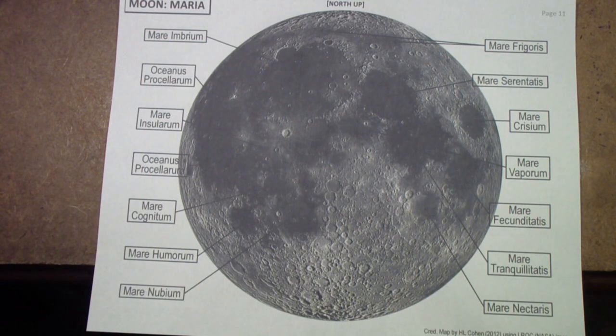Now understand, it doesn't filter out any particular frequencies. In fact, it tries to pass all light equally. It just reduces its intensity across the spectrum by, in the case of a 13% filter, 87%. So in other words, only 13% of the moon's light comes through. Why would you want that? Well, if you look at the moon directly in a modern large aperture telescope, like the Meade LX10 or the Celestron 8SE,